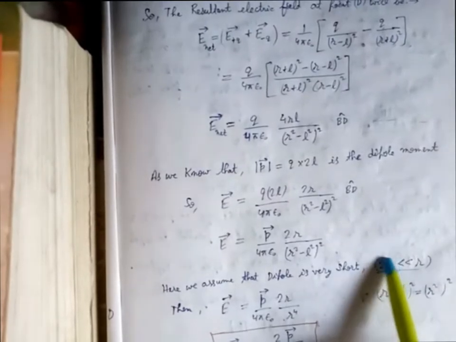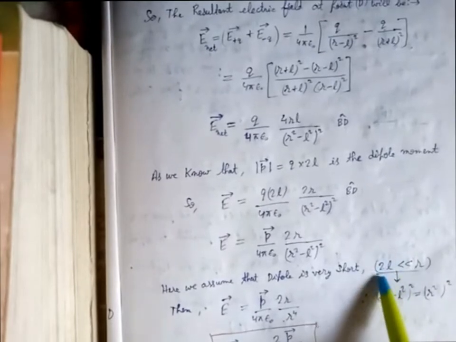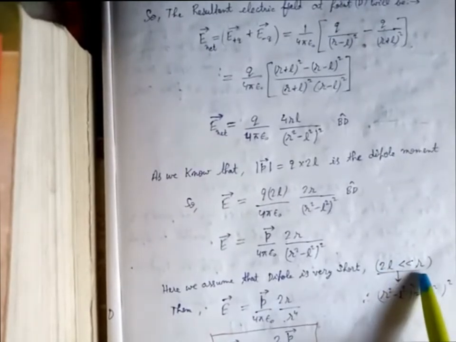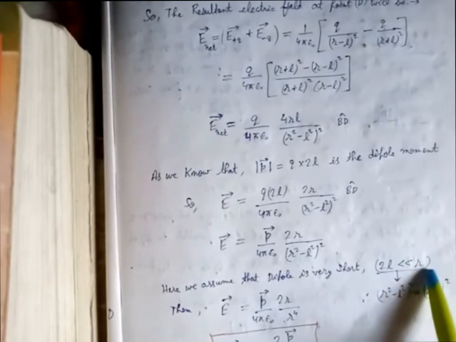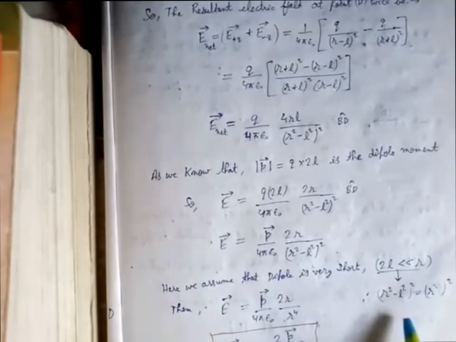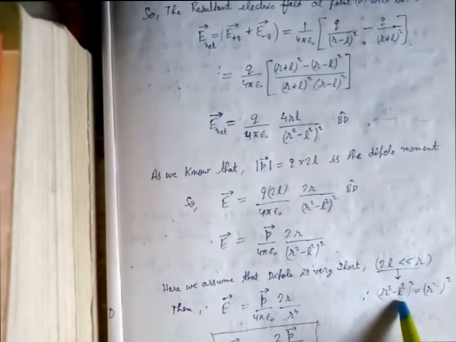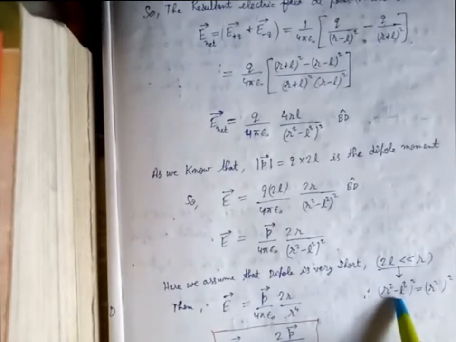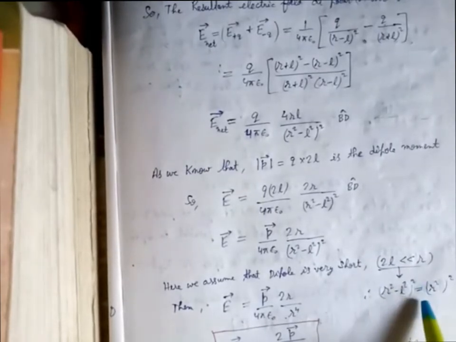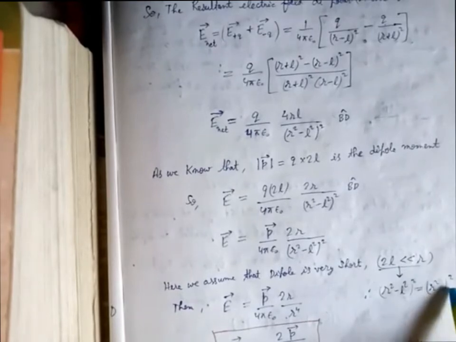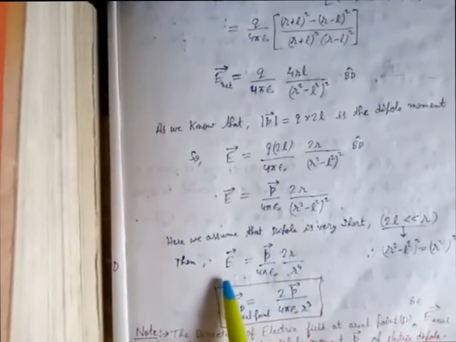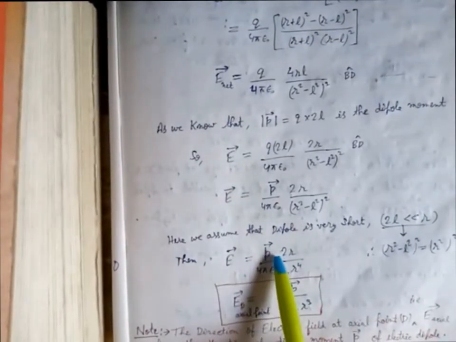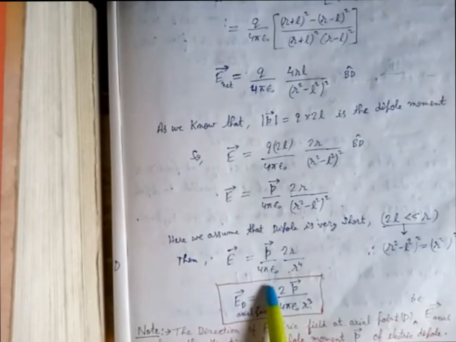So the separation between the two charges, that is 2L, is much smaller than the distance of the point from the center of the dipole, that is R. So we will neglect this L factor because L is very small in comparison to R. So it will become (R square minus L square) whole square, that will be equal to (R square) whole square. The electric field E will be equal to the dipole moment vector P by 4 pi epsilon naught